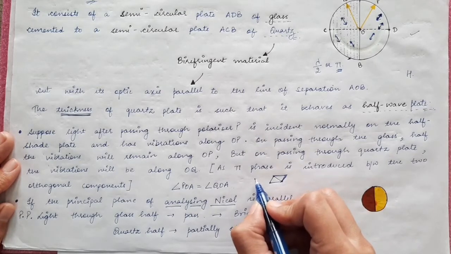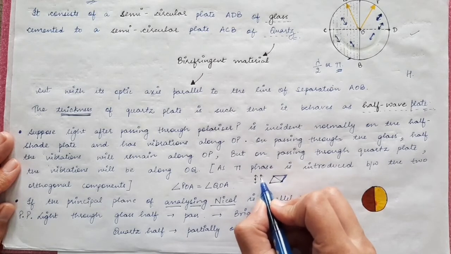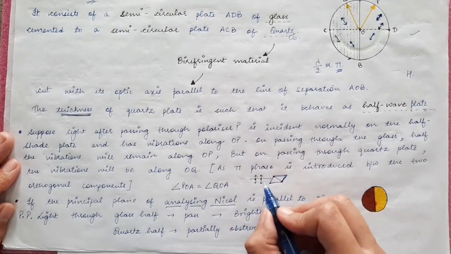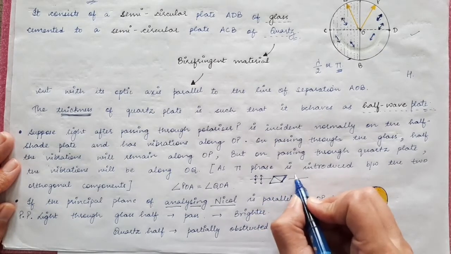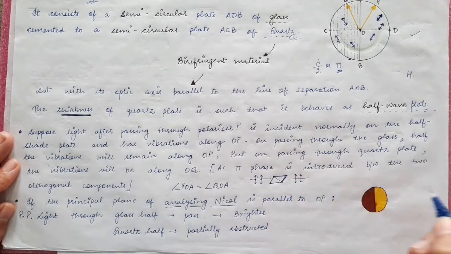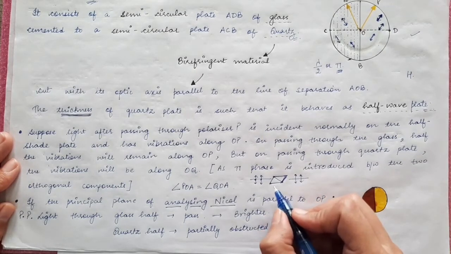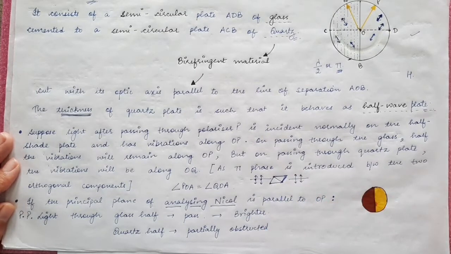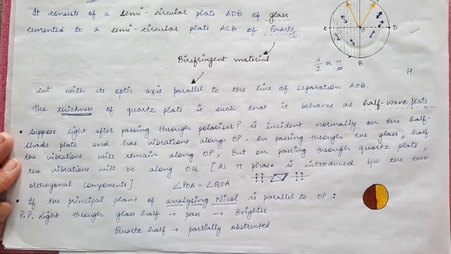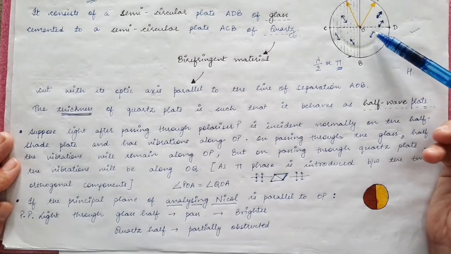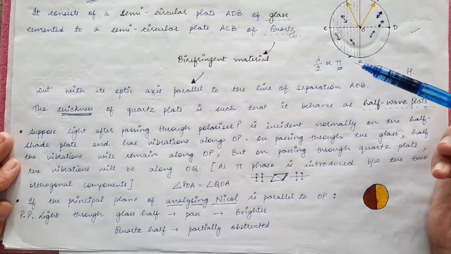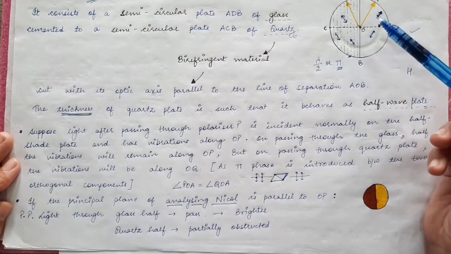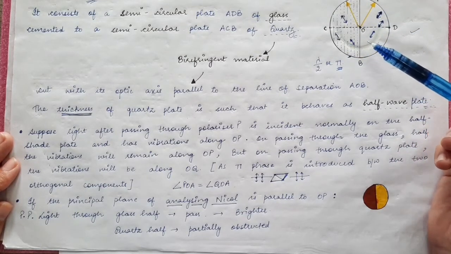So when an unpolarized light falls on a Nicol prism, we know that only the vibrations which are parallel to the principal section survive. So only those vibrations survive. The other vibration gets internally reflected inside the Nicol prism. So that is the functioning of a Nicol prism. Now firstly we have a half shade device, and then we have a glass tube, so that the light which is emerging out of the half shade device passes through the glass tube.